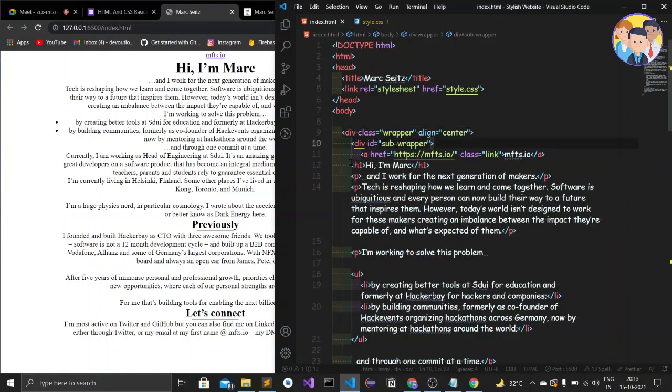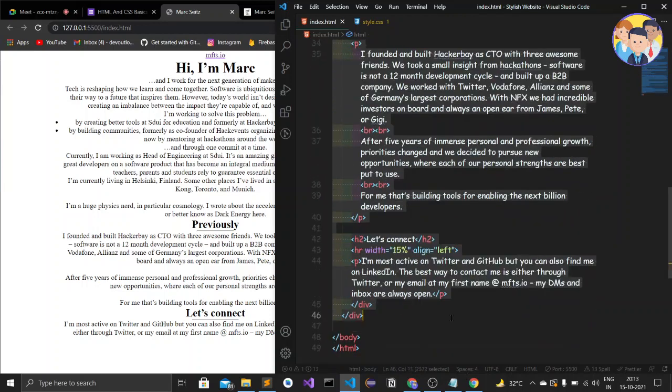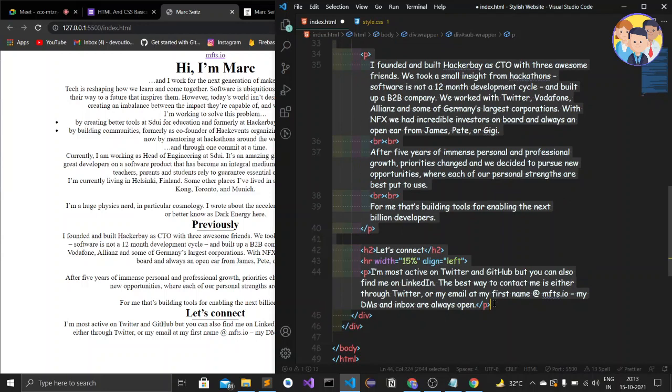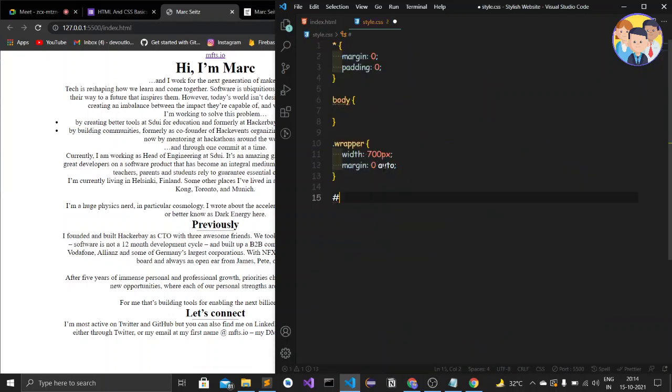Then we'll select the sub wrapper. Let me first indent it properly. Today also the laptop is hanging, but I will take the lecture today. I've given the indentation, and now we will select this sub wrapper. I'll copy this, type a hashtag here and paste it. Inside that I'll give text-align colon left. The spelling is not correct, text-align.